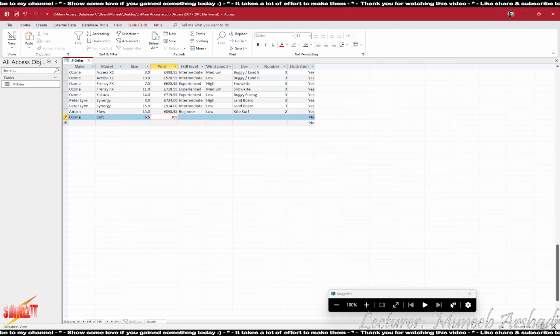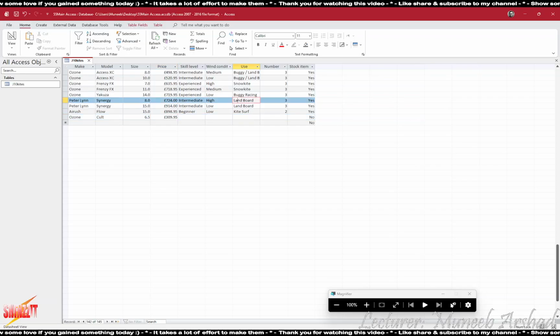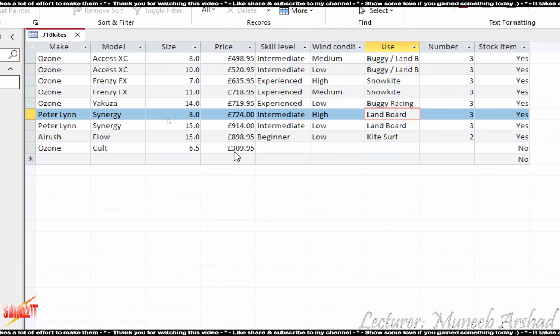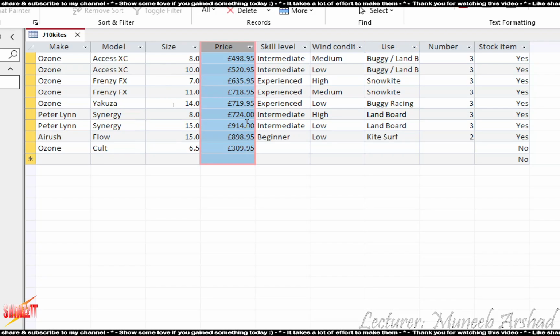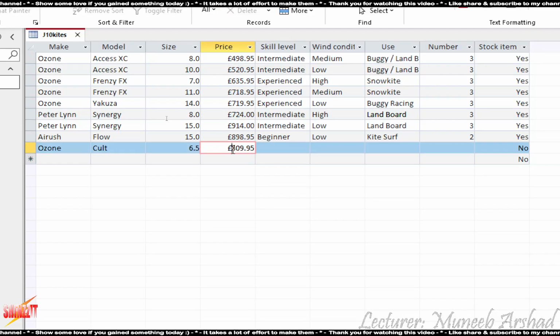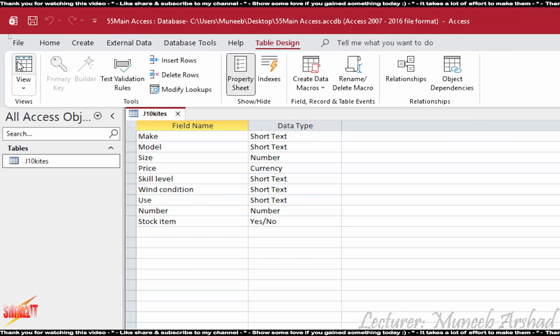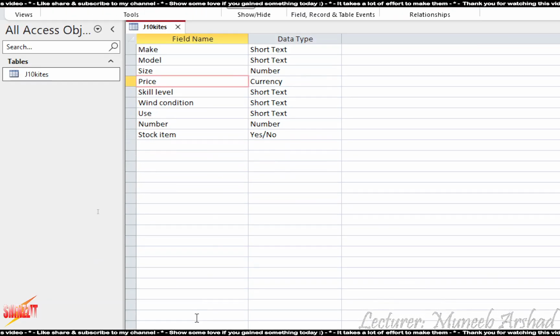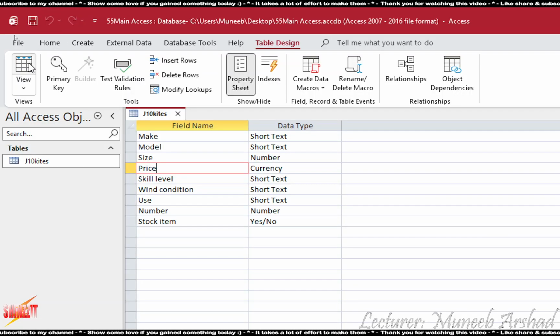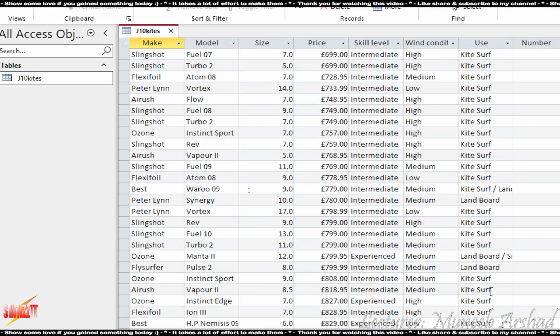309.95. Okay, one important thing, listen carefully. Now let's say while I was entering data, I'm not done with the complete record, right? And suddenly I remember, okay, I didn't set the price to be 2 decimal places. Okay, but you know how to do it. So what you do is you stop right here, do not finish up adding your record, and you straight away go to your design view. In design view you set the decimal places for price, and then you come back to your datasheet to add your data.